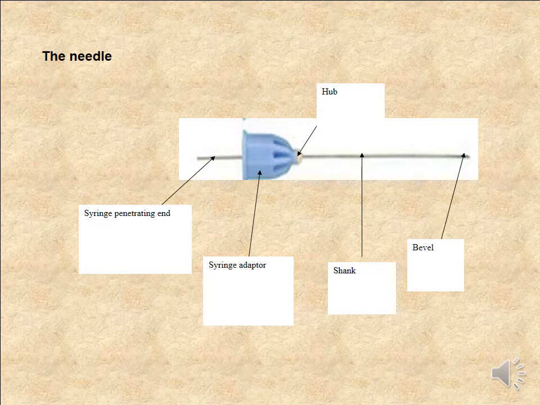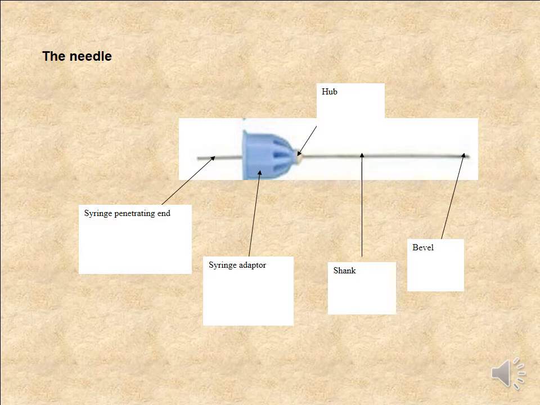The second part of the instrument is the dental needle. The dental needle is not like the ordinary needle used in medicine. It consists of the following. The first part is the bevel, the injectable part that enters the tissue, and then the shank. This is